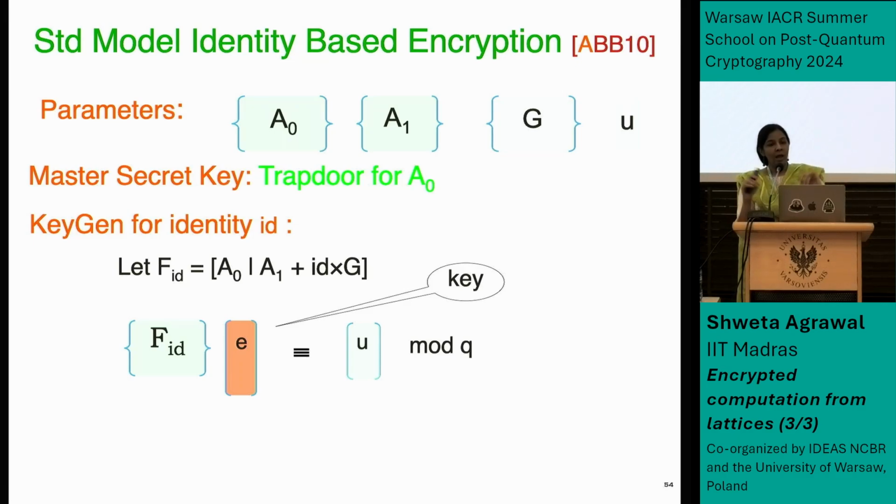This is my equation. Now what I'm saying is, it doesn't matter what U is for the purpose of my trapdoor sampling. So I will simply sample E2 without any constraints. It will just be of the right distribution. It will not need any trapdoor. I'll just sample it. It could lead to any value. So A1 prime times E2 is anything, it's U prime. And now I will compute U minus U prime. And now I need A0 E1 to be U minus U prime. But this I can solve.